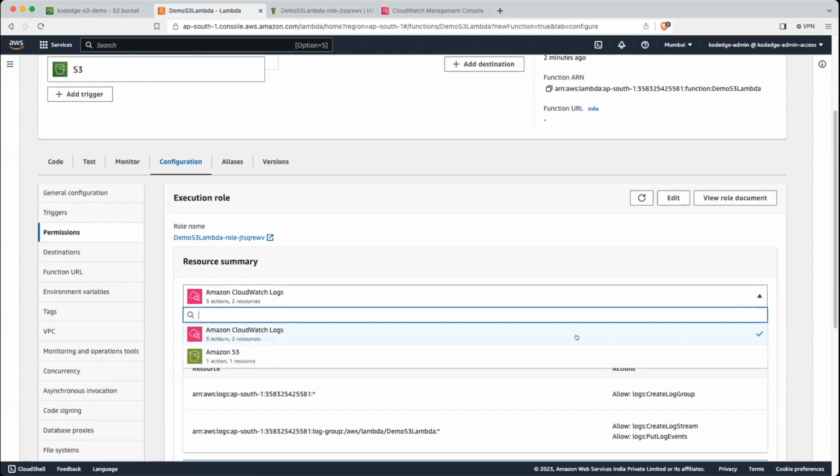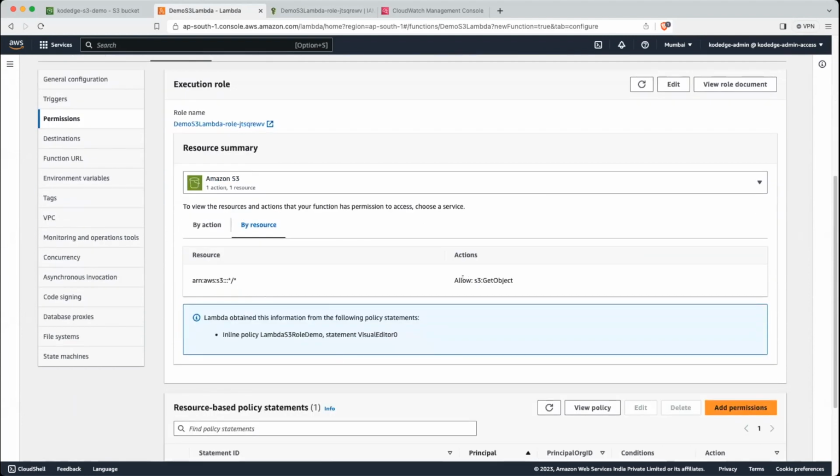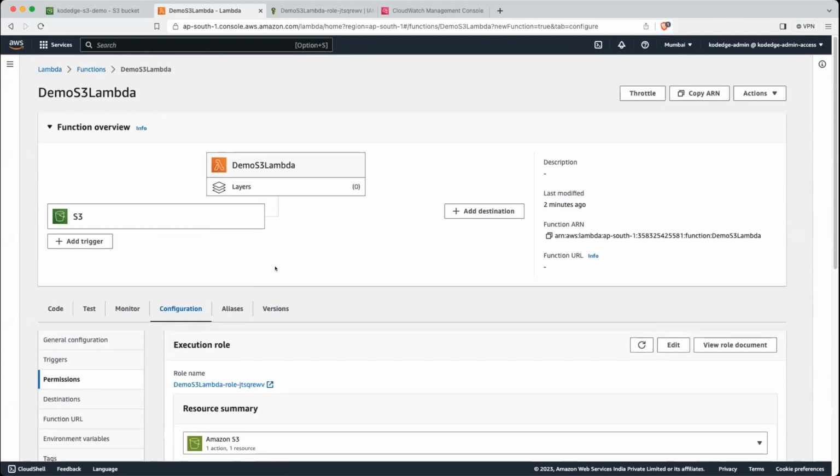Now you can see here Amazon S3 added, and it is saying allow GetObject for the S3 bucket, right? And one more thing I want to show, that S3 has been added as a trigger for the Lambda